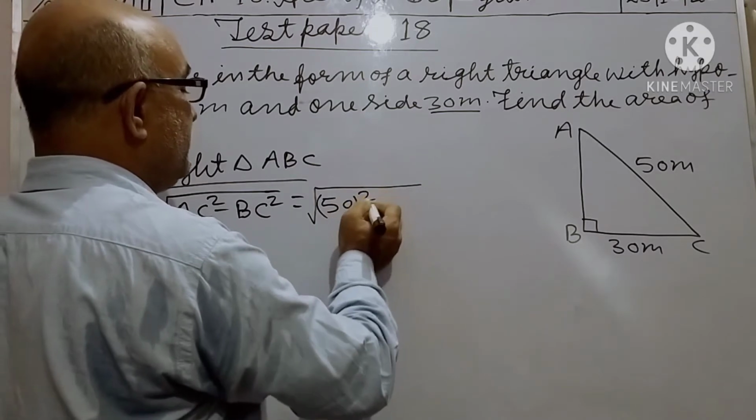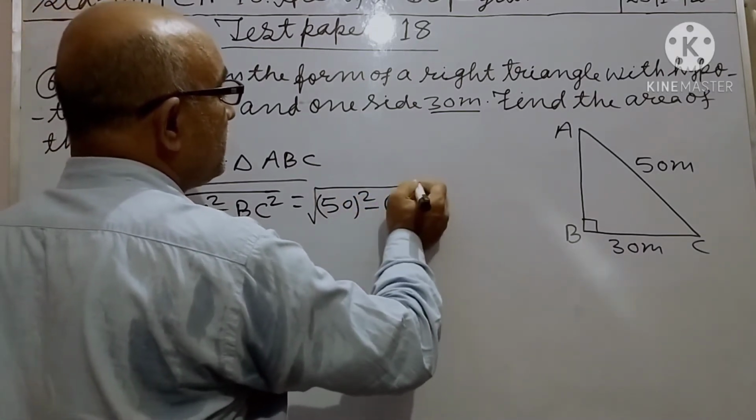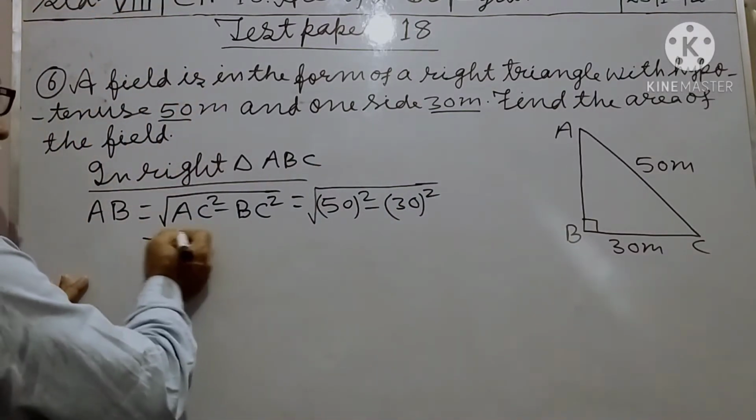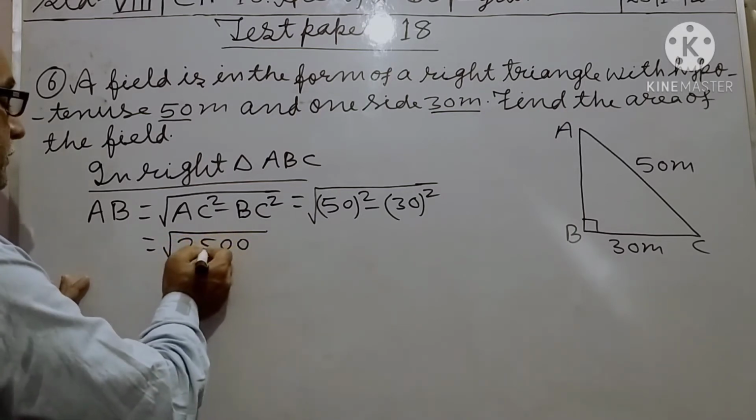AC is 50 meter, so 50 square minus 30 square equal to, 50 square is 2500